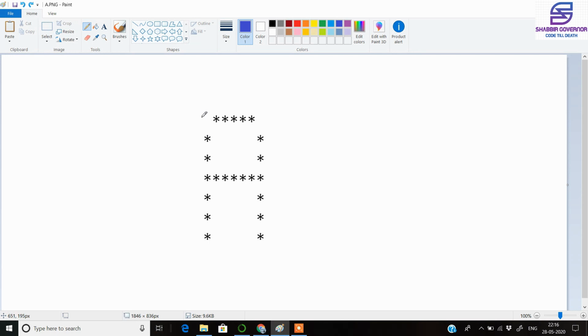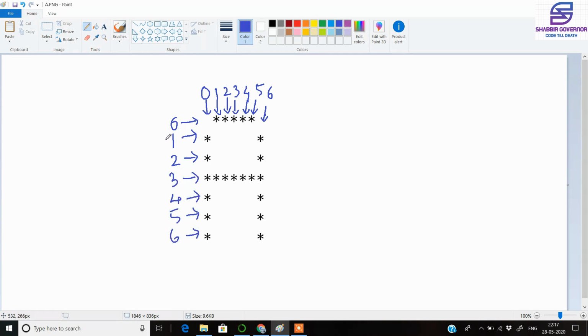We'll first divide this A into the form of a matrix. So we have a column number from 0 to 6. The row column, if we see, so we have a total number of 6 rows. So this A can be printed in the form of a matrix. You can see here that 0 is included because in Python indexing always starts from 0.